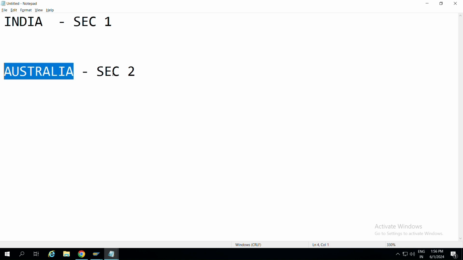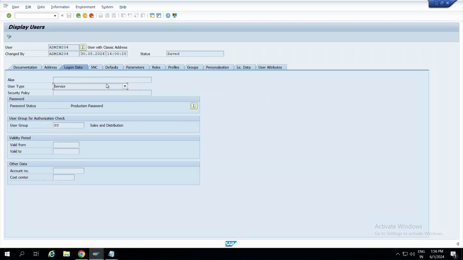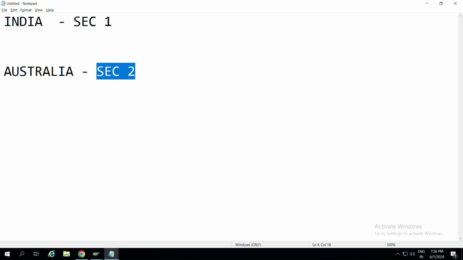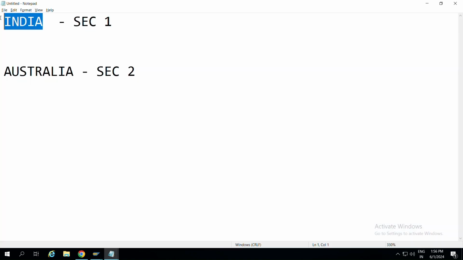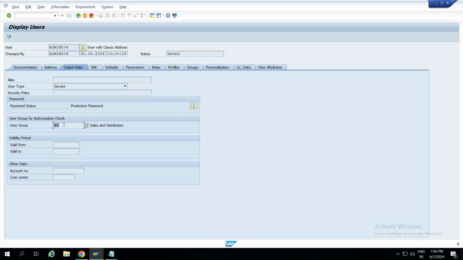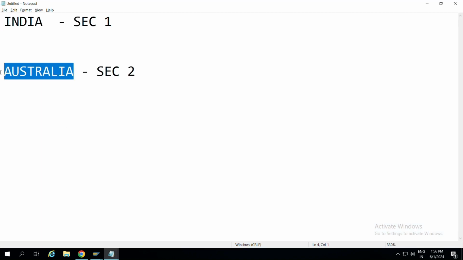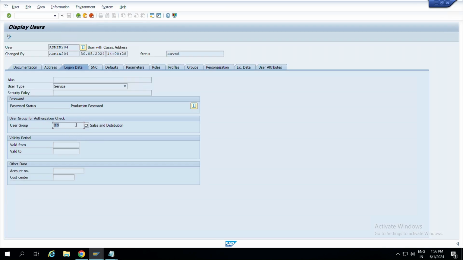Okay. So at that time, what happens is, if you add the user group here, for all the Indian users, you should add the user group as India. And for all the Australian users, you should add the group as Australia.